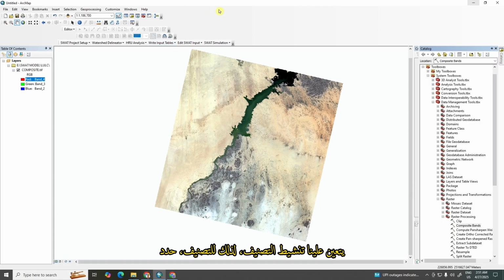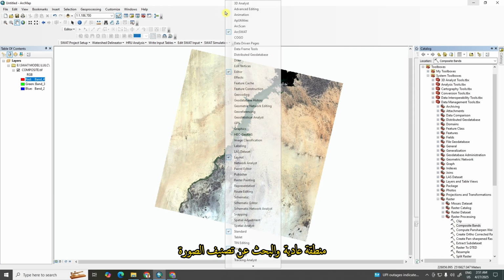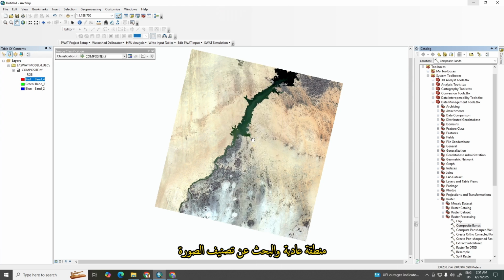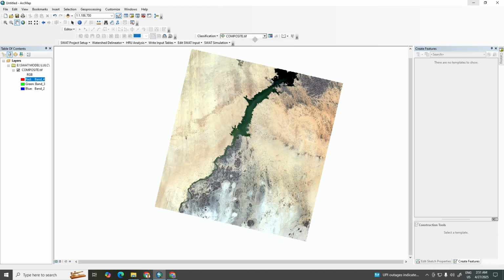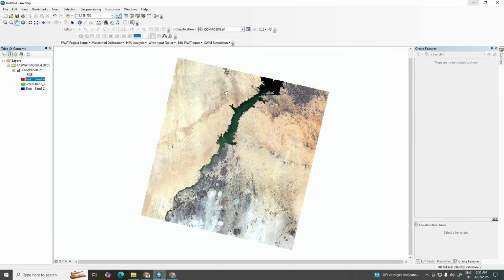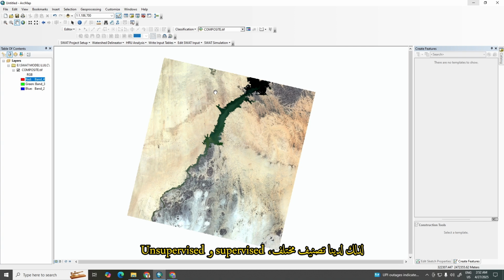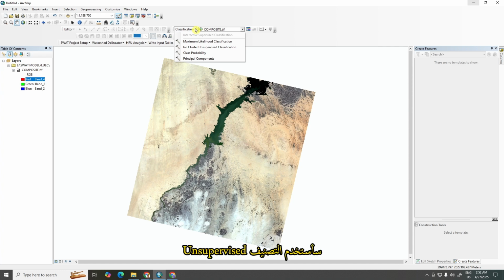So for classification, select the plane area and search for image classification. We have different classifications, supervised and unsupervised. I will use unsupervised classification. Supervised classification, I will do it later. So select unsupervised classification